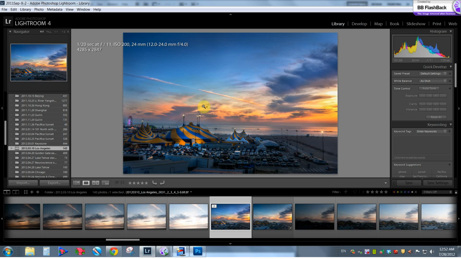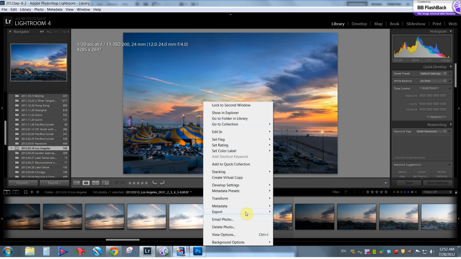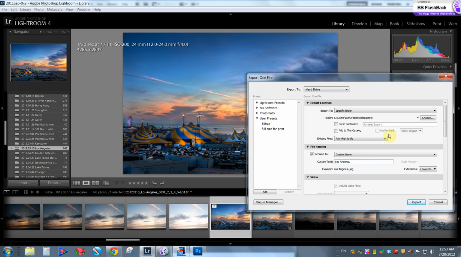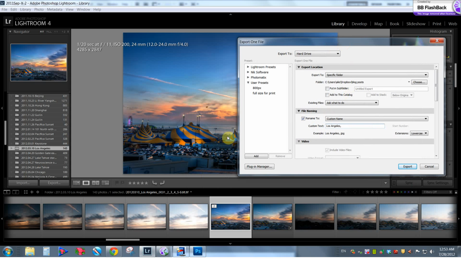I don't know what we can call this. I usually have a hard time naming the files or the images. I always give the place name so that I know where it comes from, then the title. So let's call this